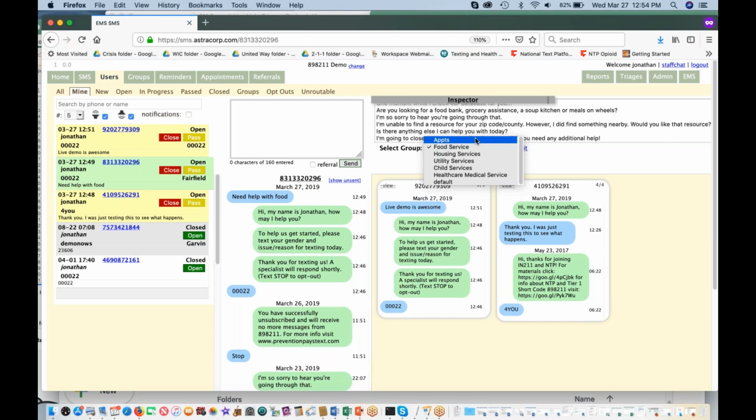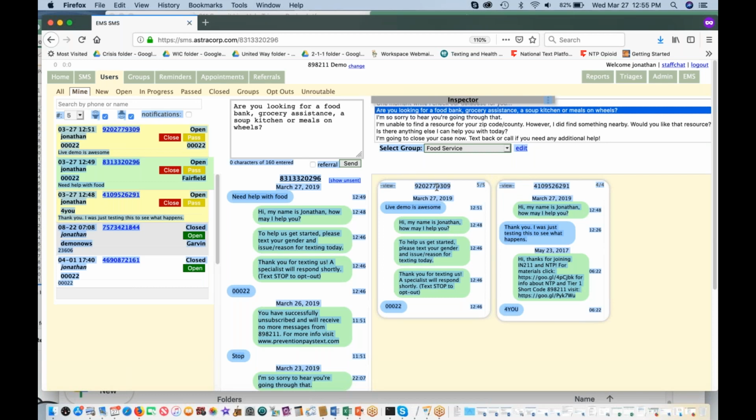So for instance, if I don't like what we're using for the general canned phrases, or the way I outreach to clients is slightly different, so I want to have my group of messages and I want to see mine and not see the others, I can be given permission to create my own set of canned phrases. And then I can calibrate them as I need to, to be most consistent with how I want to provide that live help. But say if I find that this person needs food, well, then I can go, okay, well, the